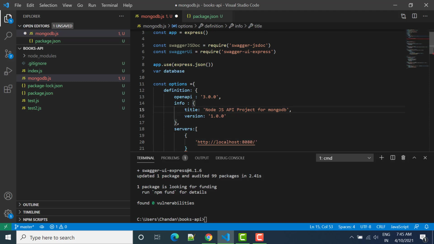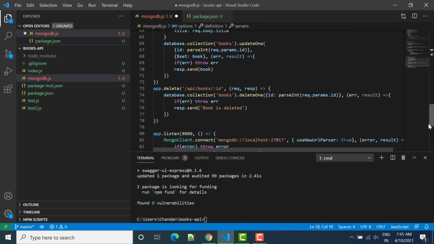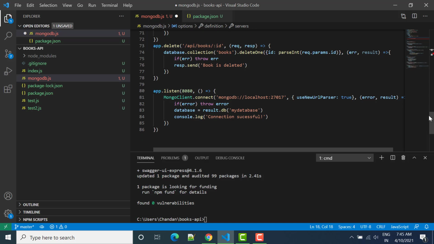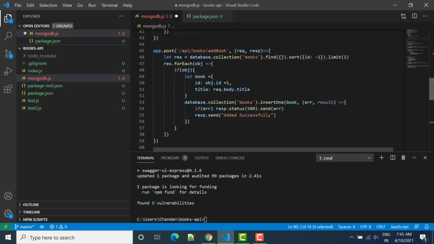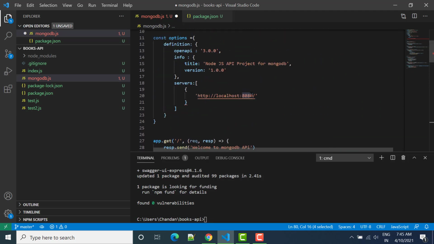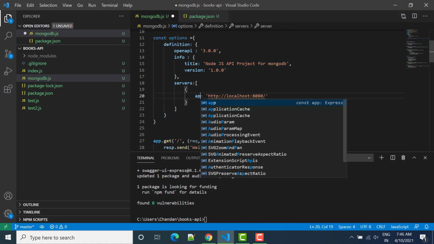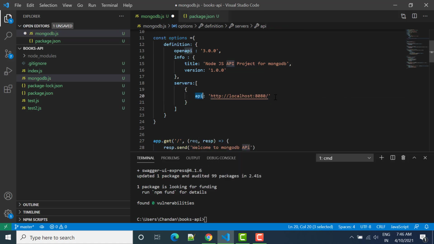This is what we have to write from here. If you can see, this is MongoDB. We are giving port number 8080, so we have to use the same port here, localhost 8080. This will be our server, and we have to write api. So the API will point to this one. Then we have the server closed.